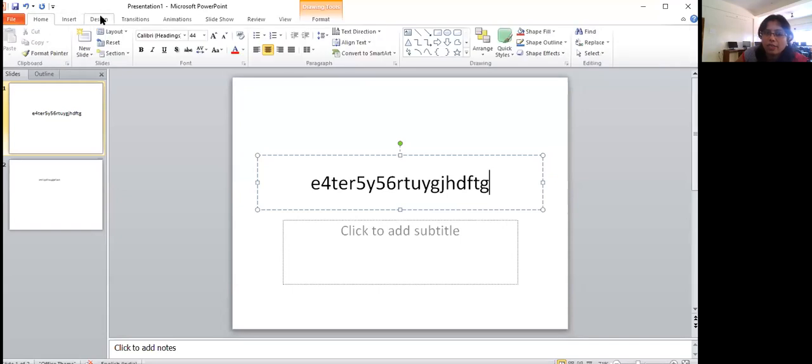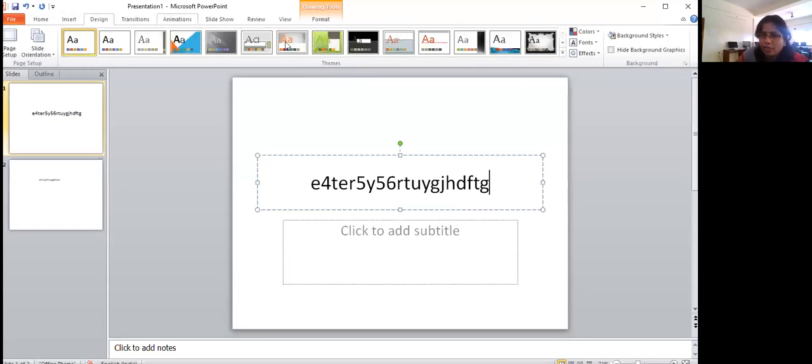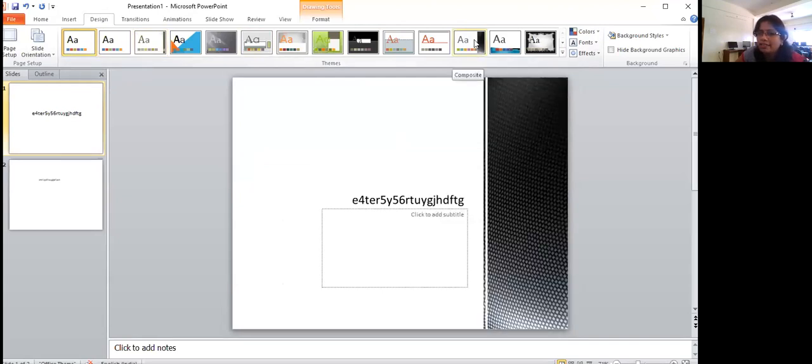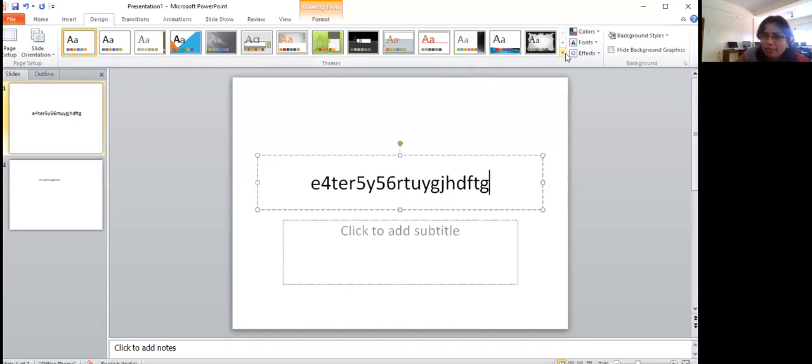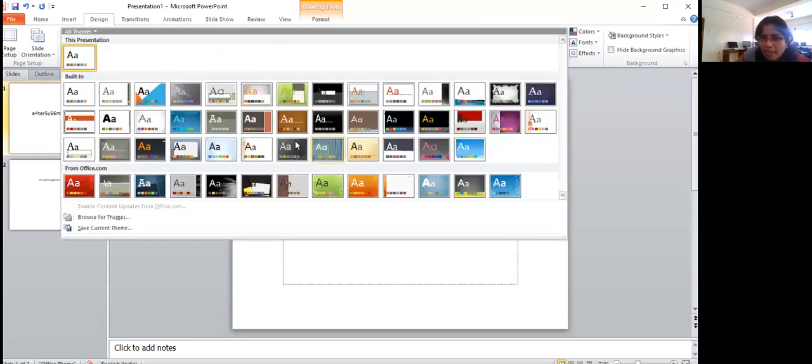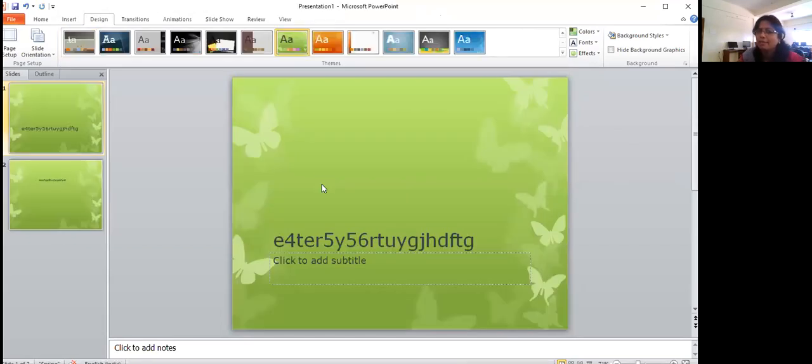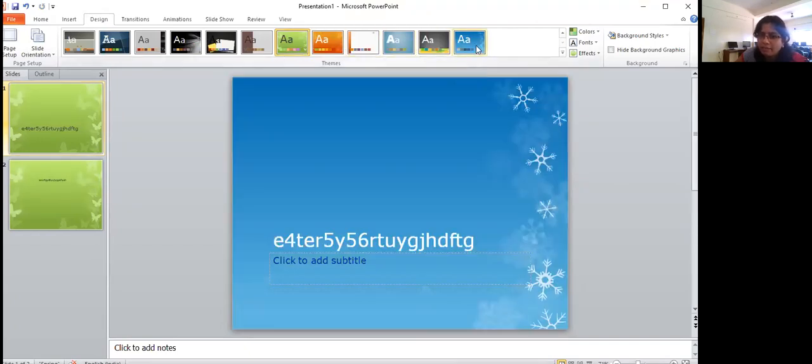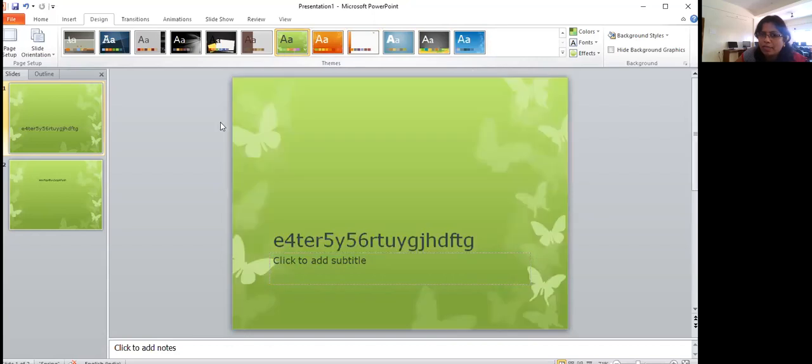Here on the menu bar, I'll go for design. Okay, I am going for designing. I have this A which you're able to see, right? These all are slide designs. Let me select, I have many more. See, so many designs have been given by the computer. Whichever I feel is suitable for my presentation, I'll pick it up. Let me pick one. I'll take a green. I want a green background. See my templates. So I don't have to do it by myself. It is already given by the system. So I'm using it.